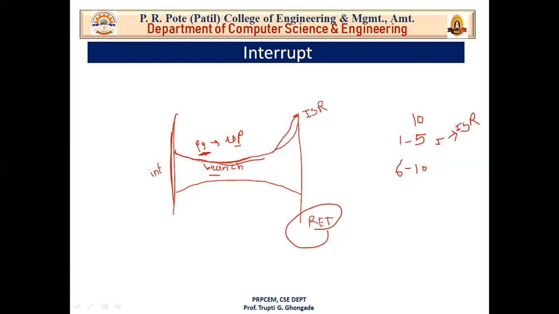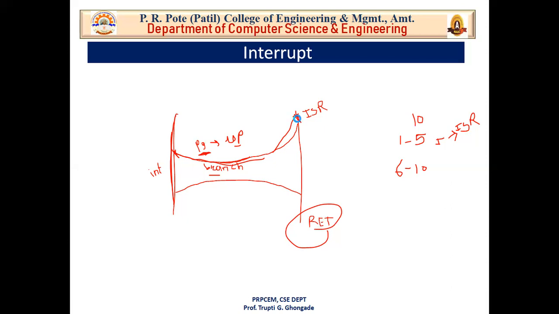Till now the program is going sequentially. Suddenly there is a branch. Branching means changing the value of the program counter. What is the program counter? The program counter goes on getting incremented, and because of that the program goes in a sequential manner. So if you are changing the value of the PC, you are causing a branch in the program. The word branching means you have changed the value of the program counter. You go from here to here.